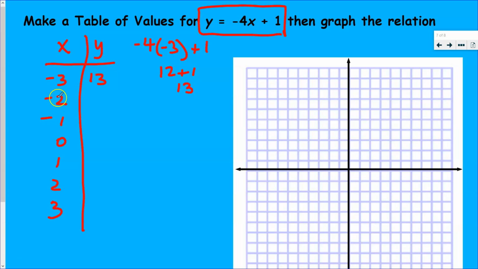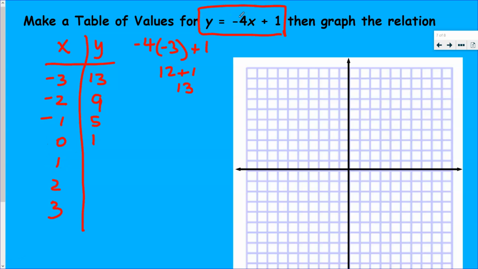So -2, -4 times -2 is 8 plus 1 is 9. -1 times -4 is 4 plus 1 is 5. I'm seeing my pattern here already. As you notice, it's decreasing by 4. I wouldn't have to actually sub it in. I could just keep the pattern going,